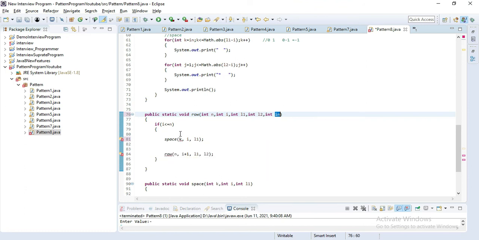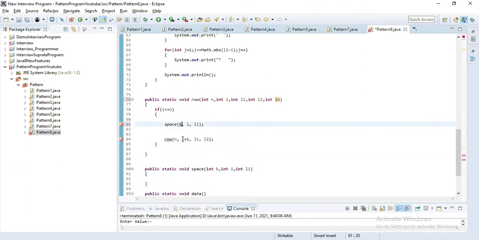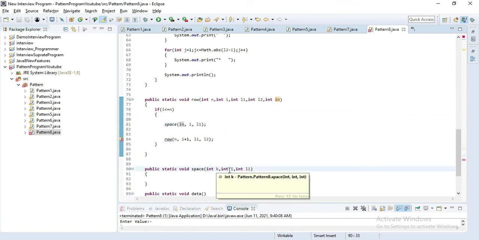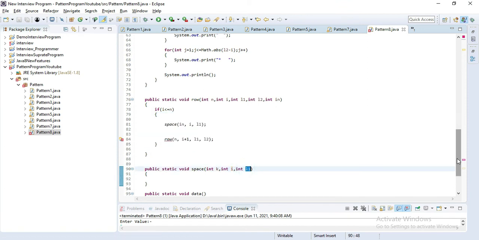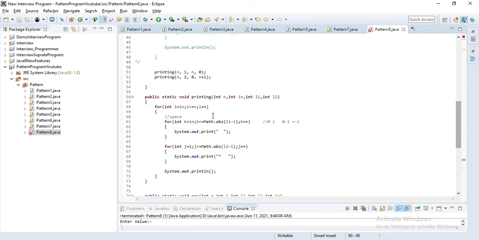Okay, int k means our initial value. Let's add the initial k value here, add int, and okay, let's save this. This k is our initial value, our I is the incrementing value in the row method, and L1 we have to pass here.